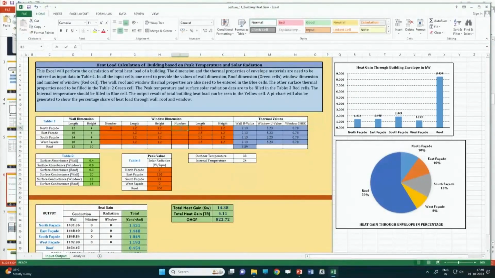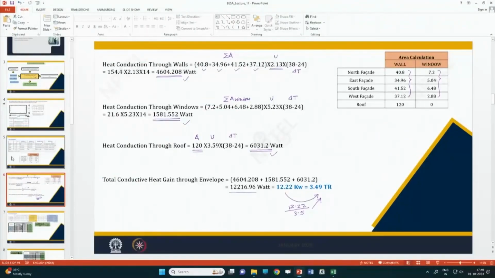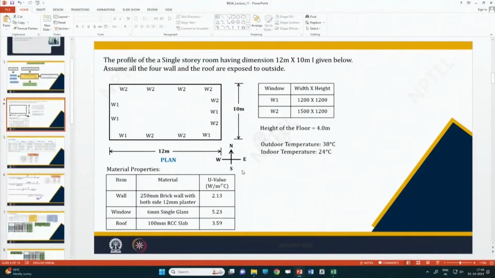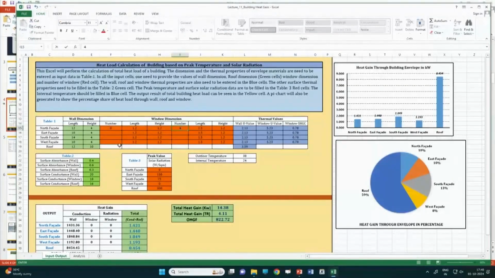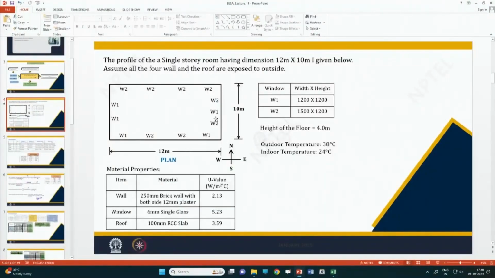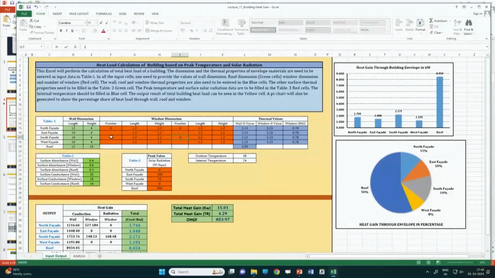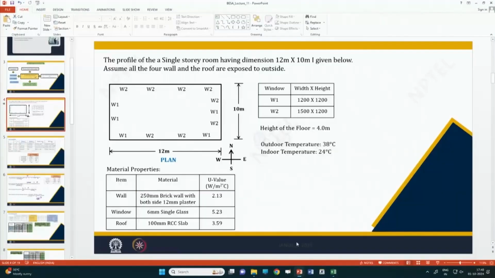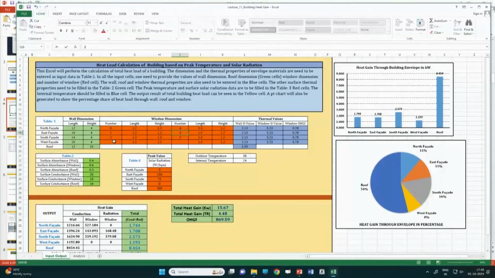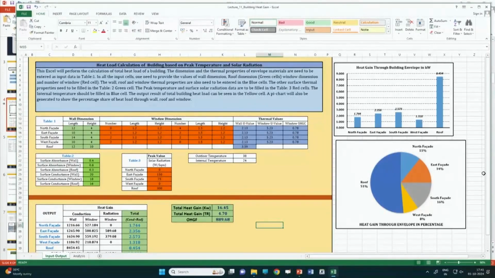And the numbers are maybe this is 0, this is 4, and let me check with the other numbers. So, this southern side is 2, 2. So, southern side face it is 2, and this is also 2. The eastern side it is 1, 2. So, eastern side this one is 1, and this is going to be 2, I think 1, 2, and this is 2, 0 in the western side, this is 2 and this is 0. So, ultimately you will get the total chart ready, and then the values from the north facade it is